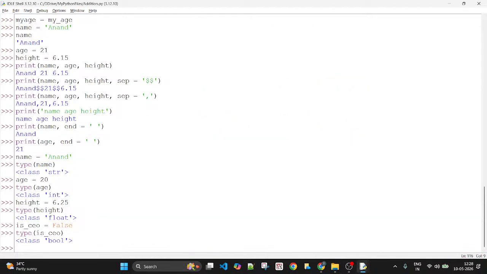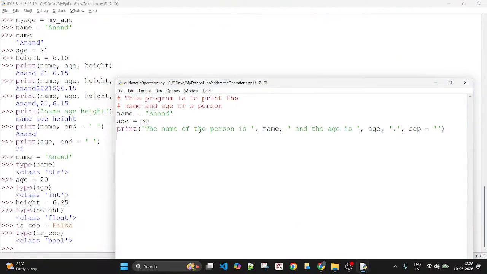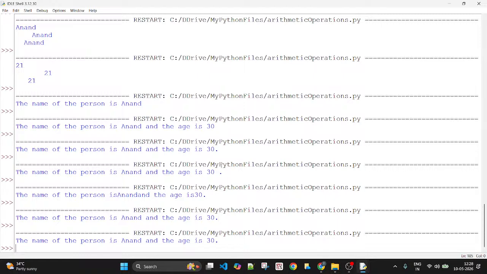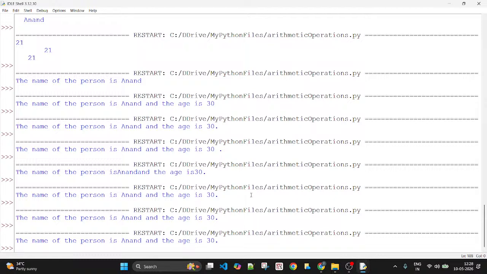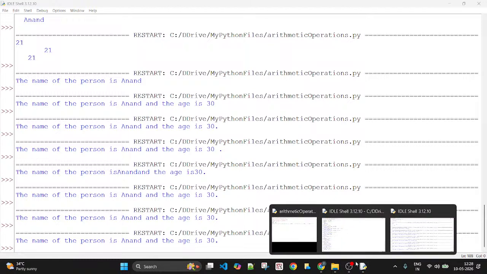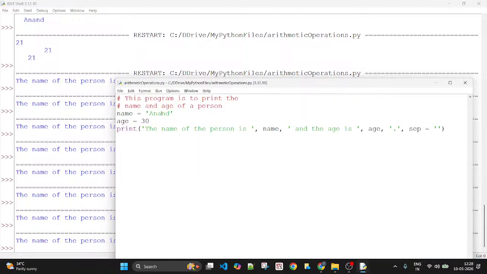Now, you run this program multiple times. It produces the same output. This is called a static program. Why? Because it doesn't interact with the user. It produces the same output every time. But what I want to do is read the input from the user. To read the input,